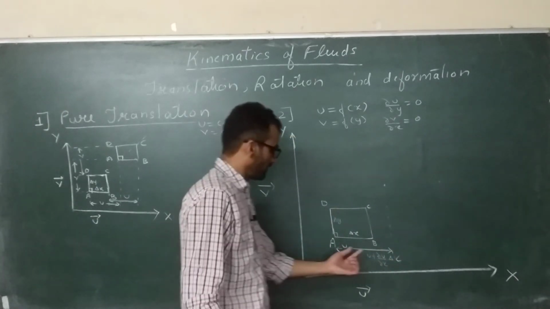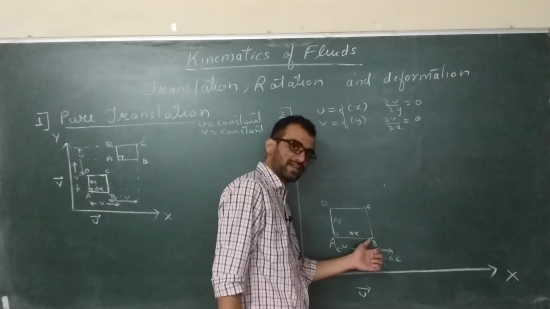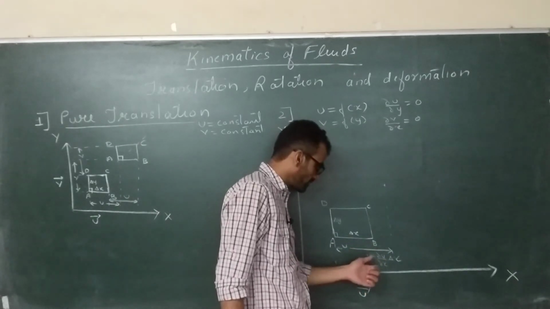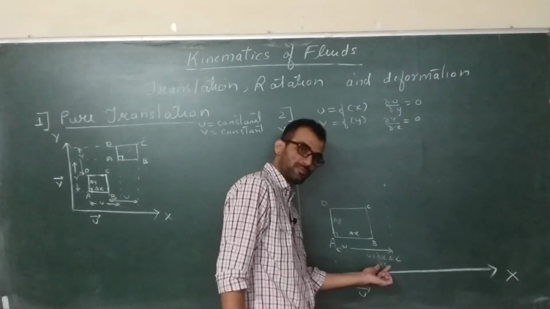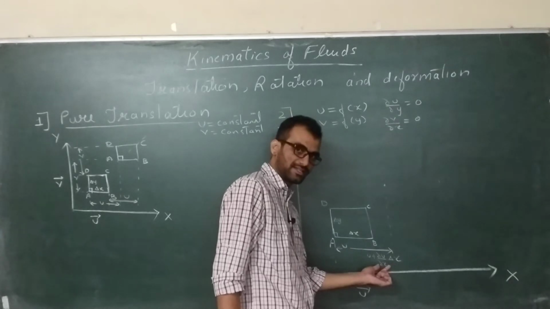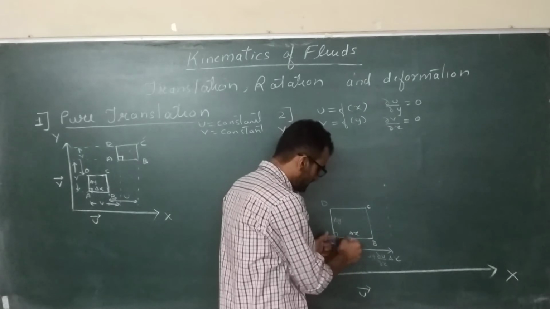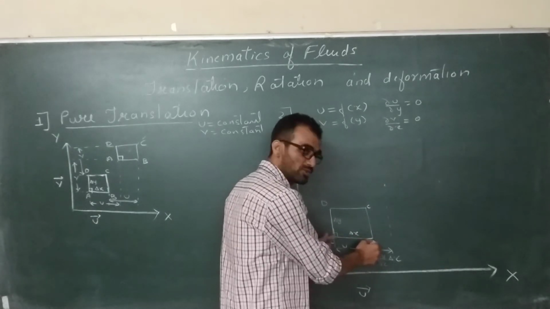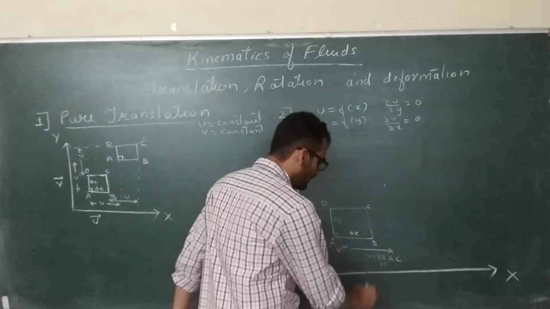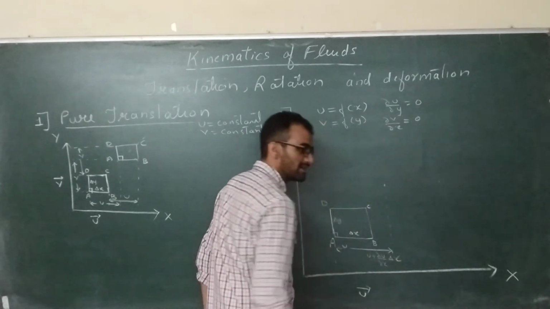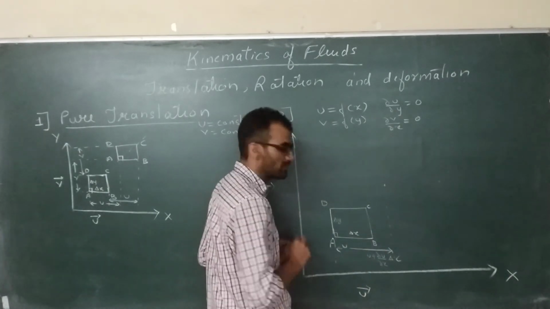So how have I reached here? u is changing along x. So what is the rate of change of u with respect to x? It will be del u by del x. This is the rate of change per unit length. But I want to find out the velocity at B, and over how much length u is changing: delta x. So I will multiply the gradient by delta x. So we are getting u plus del u by del x into delta x. This is the velocity at point B. So this much distance point B will travel in unit time.